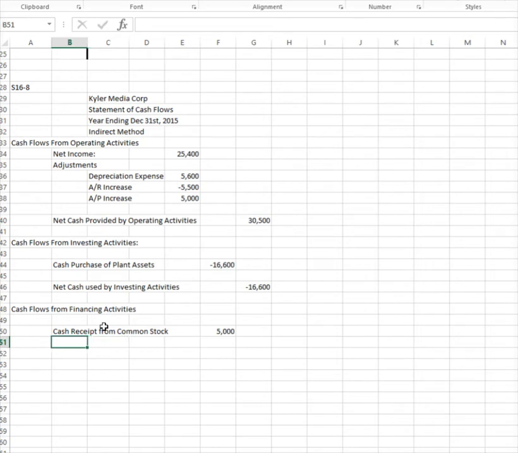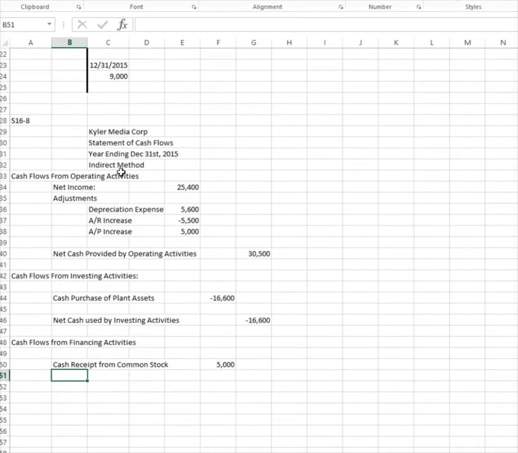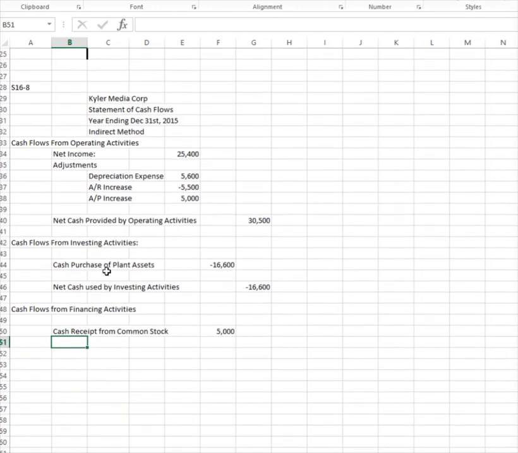We also see from our liabilities and from requirement 2 up here that we issued a note payable for $5,300. So that's basically us giving someone an IOU for $5,300 and getting in return $5,300 in cash. So we have cash receipt from note payable,